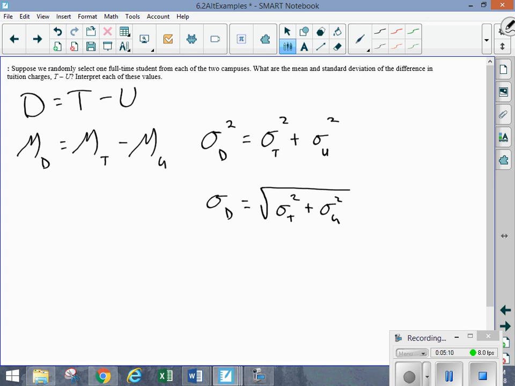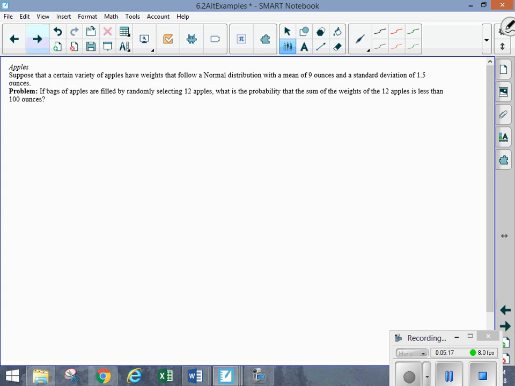I think we have just about two more left, and then we're going to move right into the next lesson. Right? We've got a variety of apples that follows a normal distribution with a mean of 9 ounces and a standard deviation of 1.5 ounces. We want to know, if a bag of apples is filled randomly by selecting 12 apples, what is the probability that the sum of the weights of the 12 apples is less than 100 ounces? So, what we have to do is